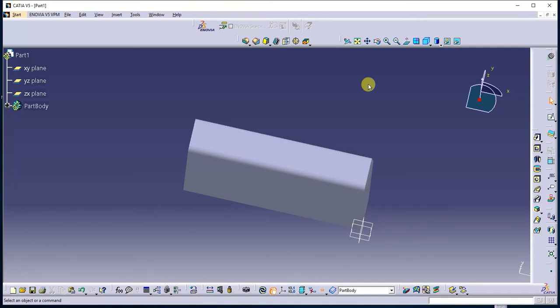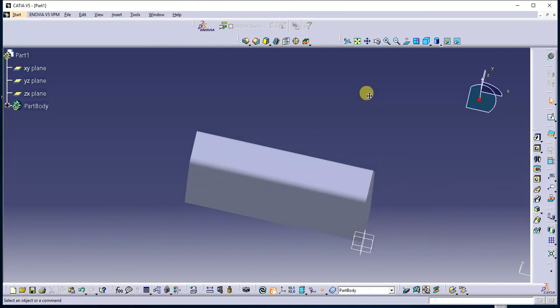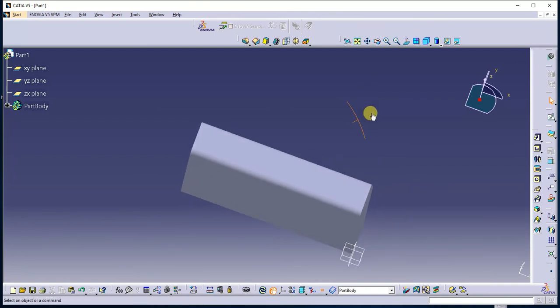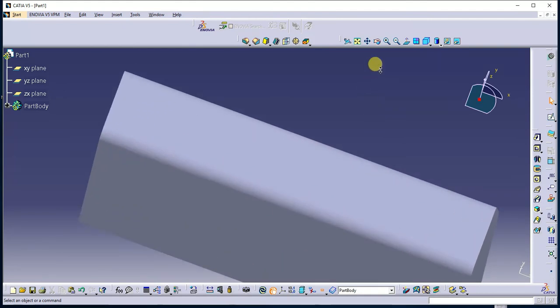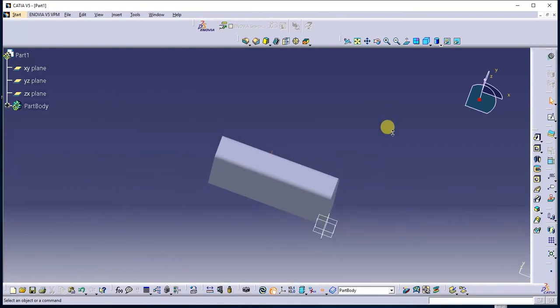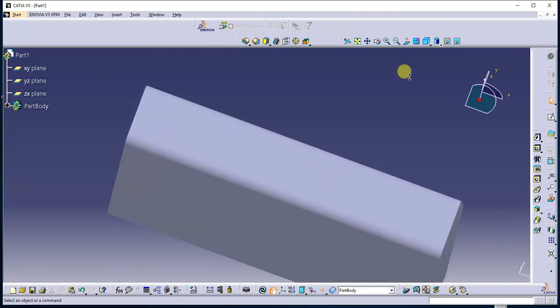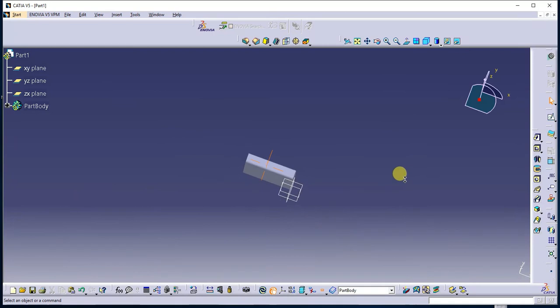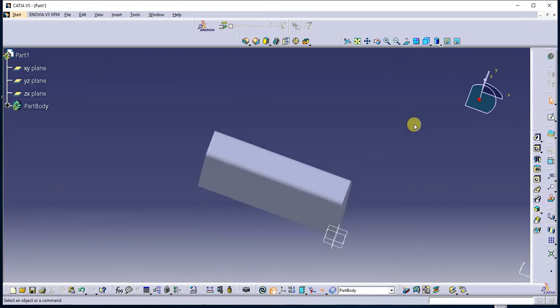Now press the middle mouse button and hold control. First of all you hold the control button and middle mouse button, you can drag in and drag out this. Okay, this is the use of zoom in and zoom out. What is the first method?